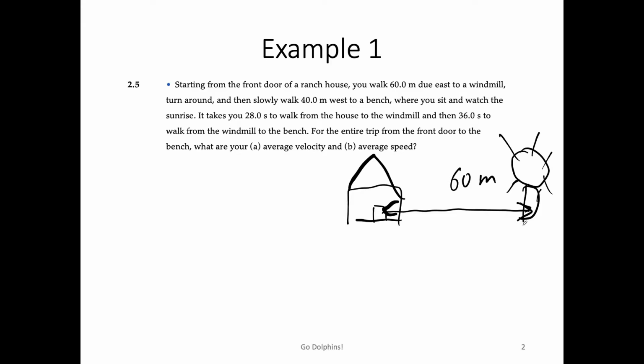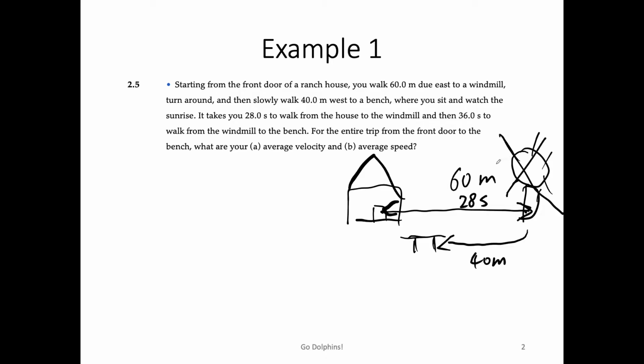Then you turn around, you move 40 meters to a bench where you sit and watch the sunrise. It takes you 28 seconds to walk from the front door to the windmill,